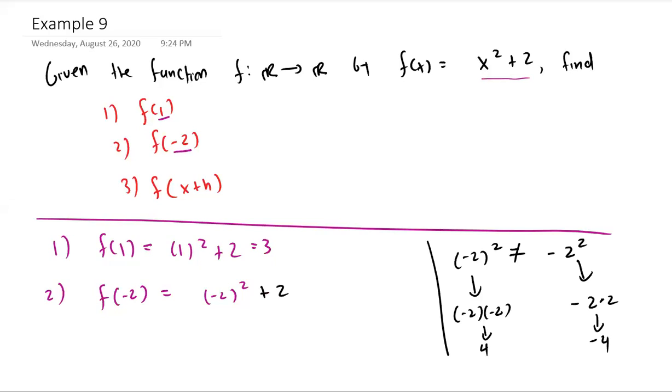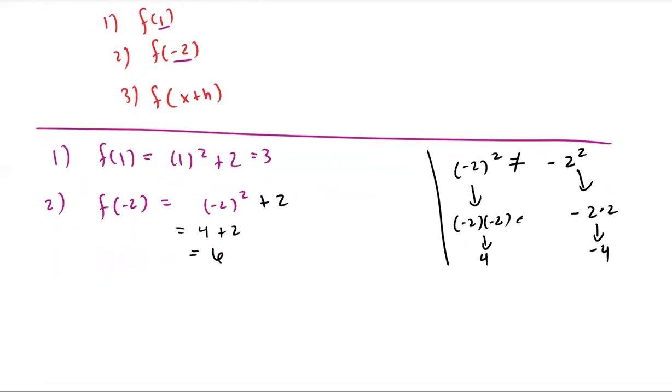Well, negative 2 squared. I remember that squaring means, and we saw it here, squaring just means multiply a number by itself. So negative 2 times negative 2, the negatives cancel. 2 times 2 is 4. So we get 4,